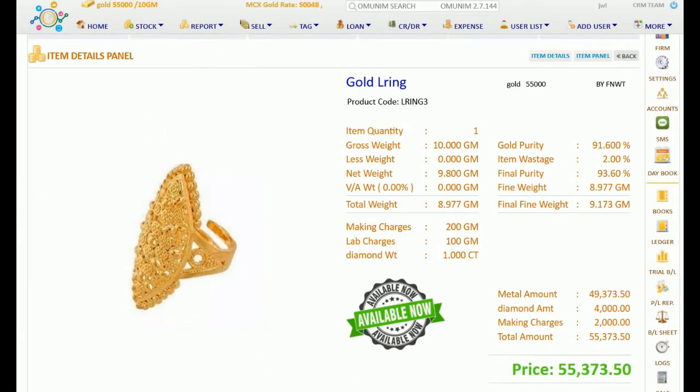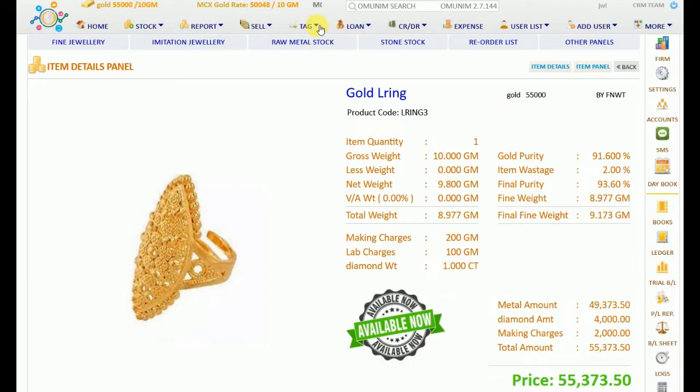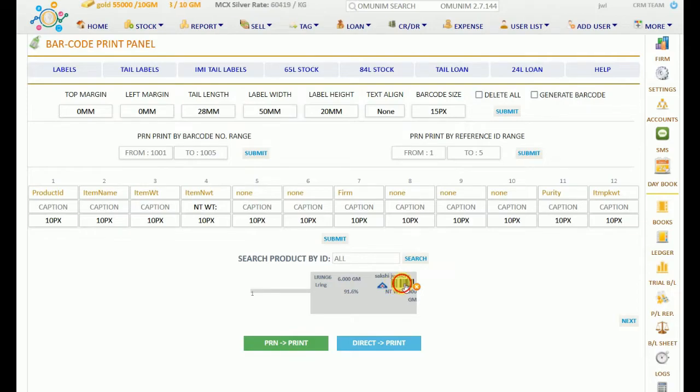So whatever the item we have added in the add stock, the barcodes are automatically generated. So if I click on the tag labels, we can see all the barcodes have been generated here, and also there is an option like you can also drag and drop from this. For example, I am dragging it, I am setting this barcode according to my convenience. So here you can see, for example, I am taking a net weight and gross weight I am showing on the barcode. You can also customize your barcode according to you and also set it according to your convenience. Here you can also show 12 types of options on the barcode.